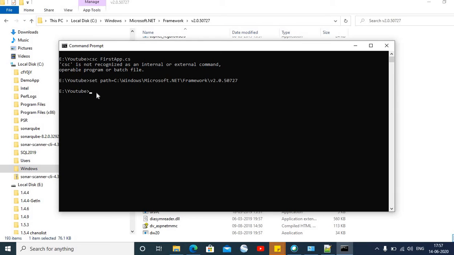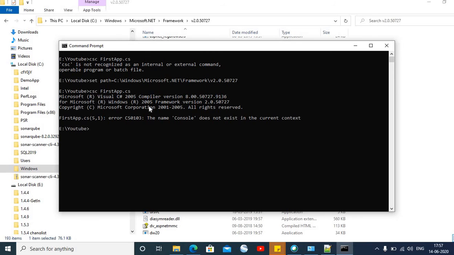So let's write the compiler command again, csc fastapp.cs. Hit enter. Okay, now our file got compiled, but it is throwing an error saying the name Console does not exist in the current context. What does it mean?